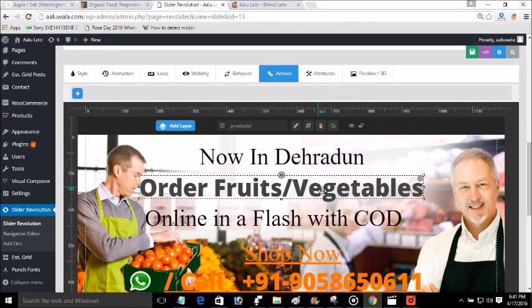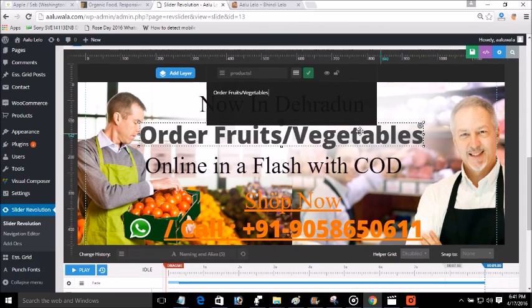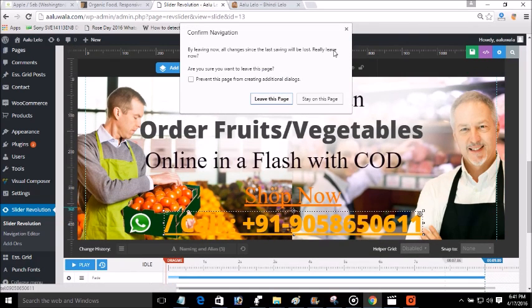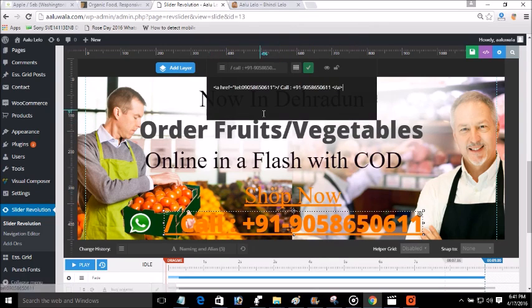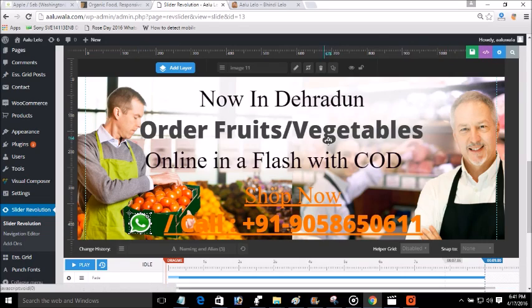And if you want to make any change, you can just double tap on that and you will get a pop-up. So here I have placed one link which you can see here. On this number I have provided this HTML tag, this one. So when someone clicks on this number from the cell phone, he will directly call you. So it's an automated process. On this image also you can see one URL.